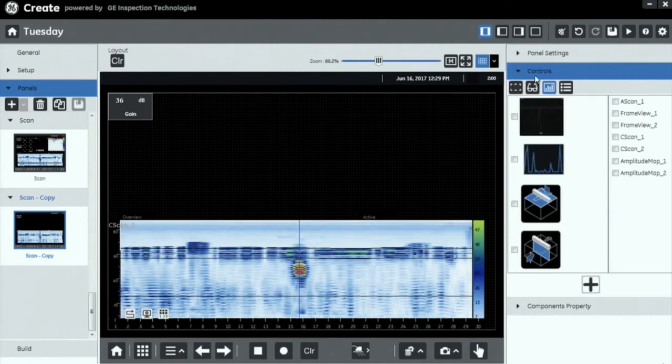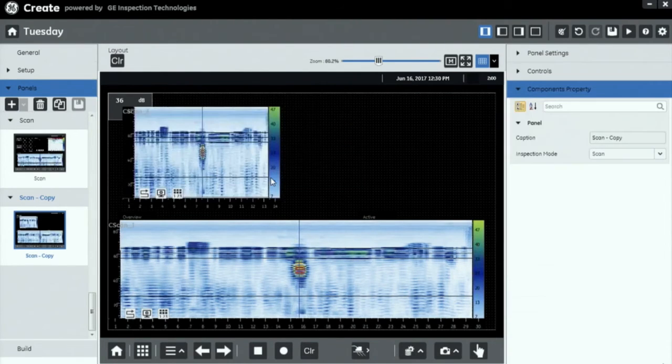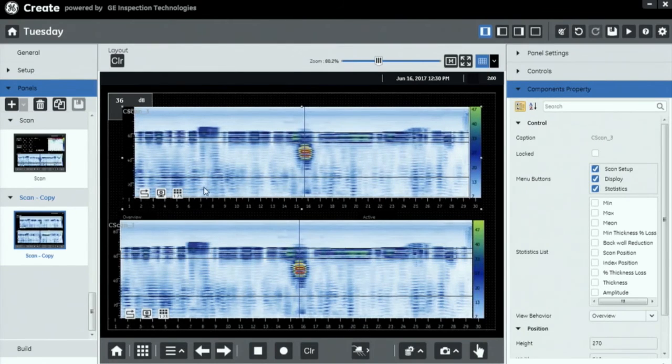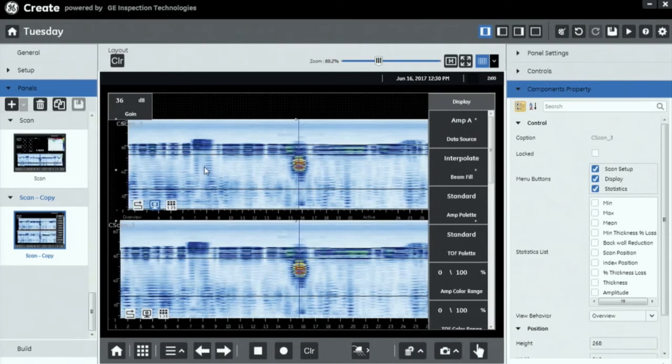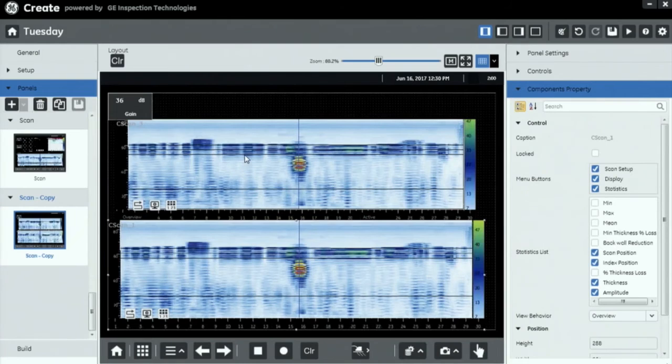And then above it, I'm going to add another C-scan. We'll just let it generate a generic name. And I'm going to send this to the back. And that's just like in PowerPoint, where you have an image and you can overlay the image on top or have it behind. So our data source for this top C-scan is currently an amplitude. We'll change it to time of flight from our A gate. And now we have a time of flight